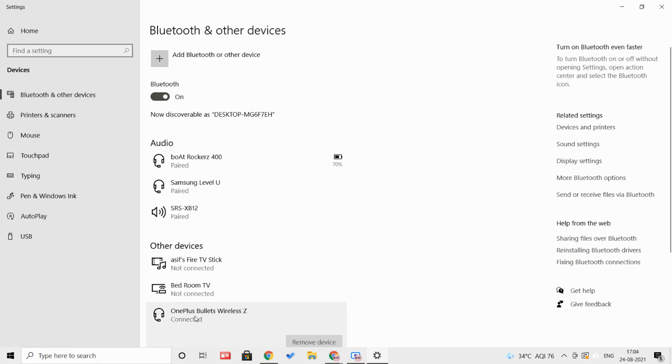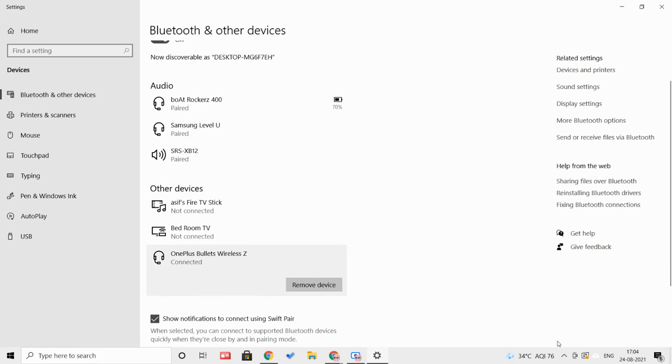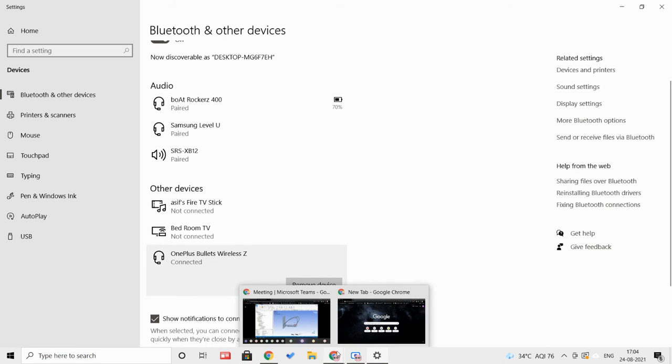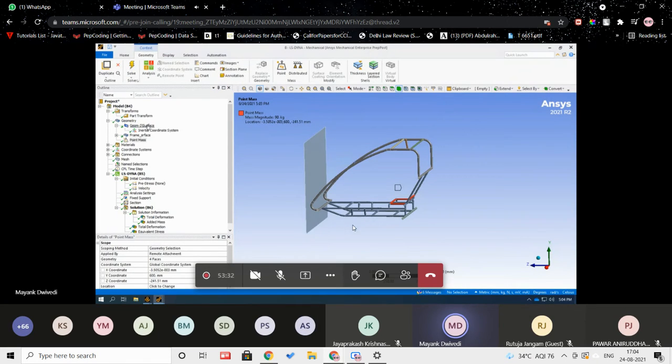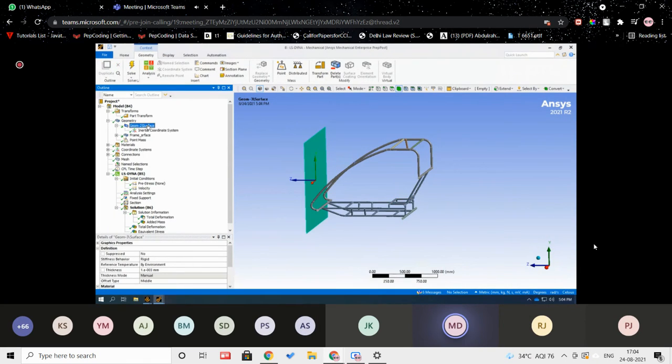So let us suppose you have defined the point mass. One more setting you have to do. Let's suppose you have imported your surface or the wall. Here you have to change the stiffness behavior of your wall from flexible to rigid. Flexible means it will deform and it will have stresses and strains. But if you put it as rigid, it will behave as a rigid body, which will not deform.